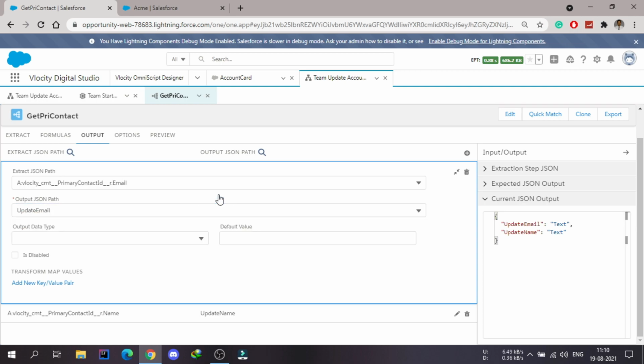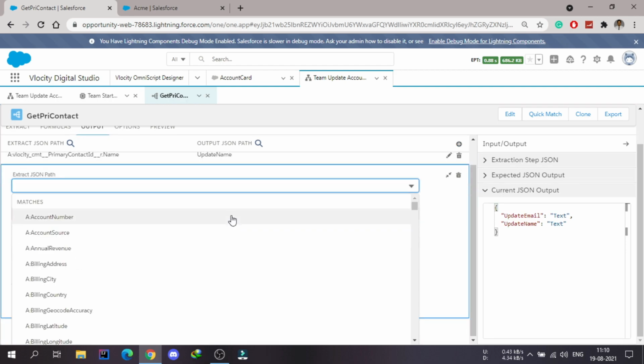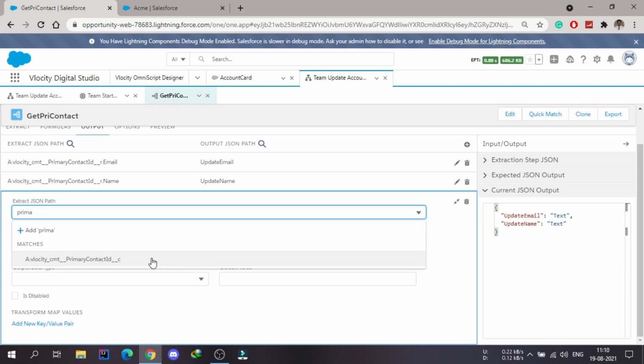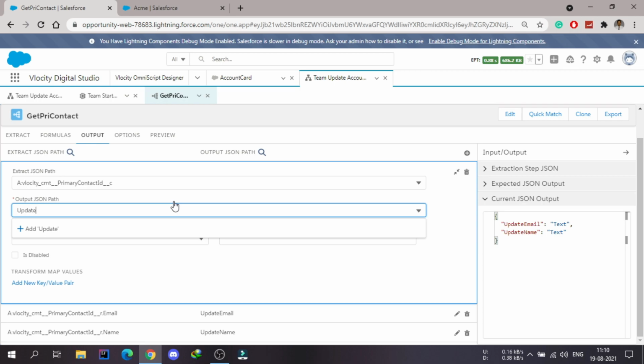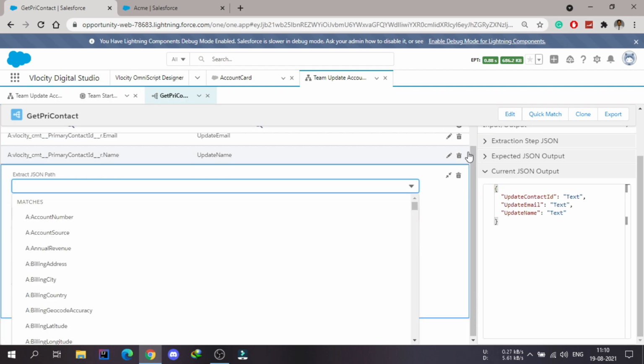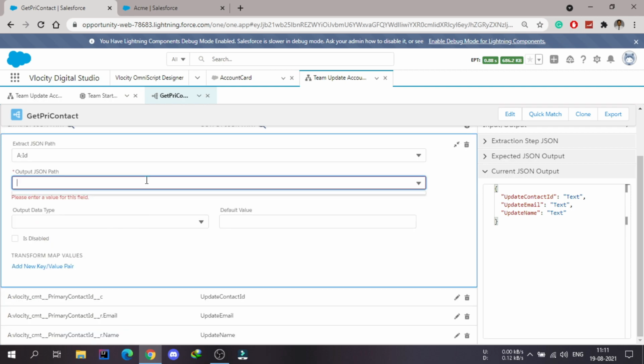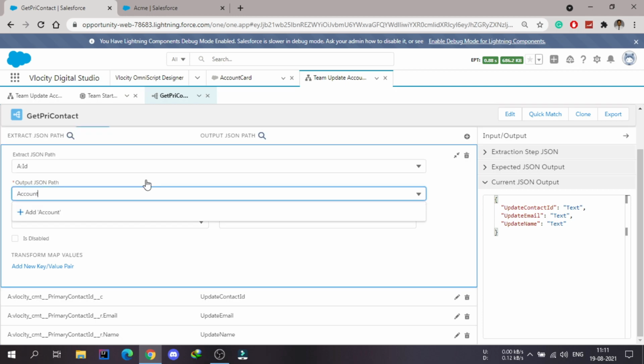For the third step, we need to use the ID. So I will select the primary contact ID and this will be the updated contact ID. We also need to pass the account ID here, so let's extract the account ID also, and this will be equal to account ID.